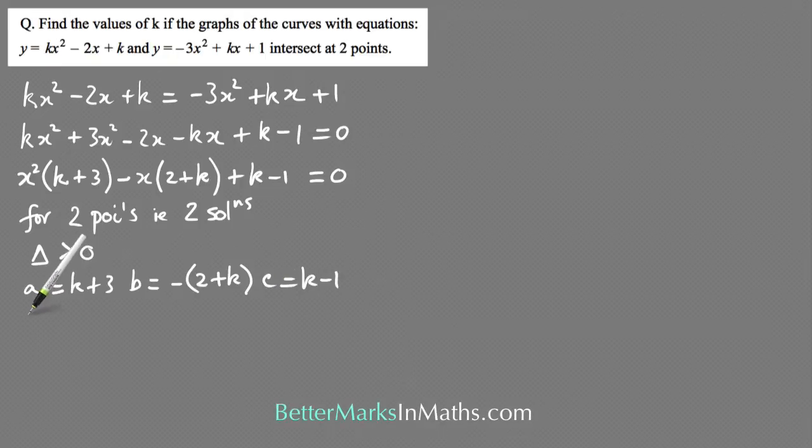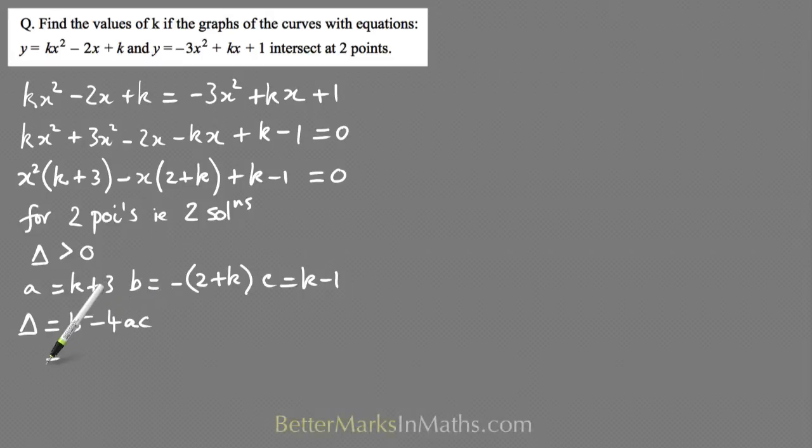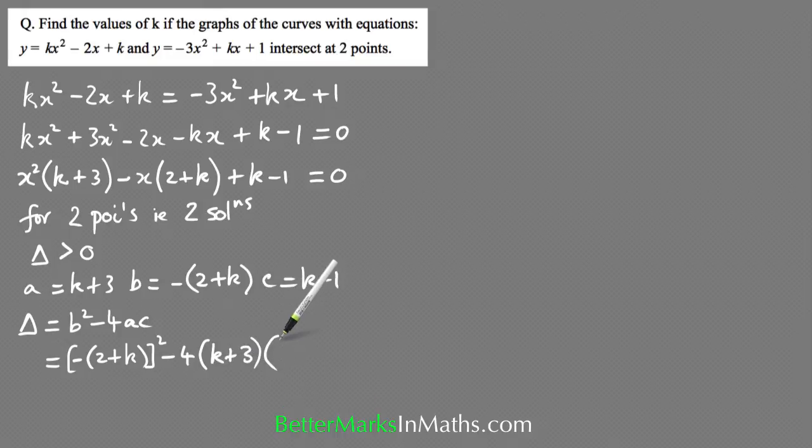And then working out the discriminant, so first of all just letting it equal b squared minus 4ac, and then subbing in the values. So when you square all of that, that minus squared will become a positive, so you can just square that. I'll put the step in for you and then show you. So it's really that in a big bracket squared minus 4 times a, which is k plus 3, and then bracket k minus 1. So again, that minus squared becomes a positive, and then squaring this, you get k squared plus 2 times that term, which gives you 4k, and then plus 2 squared, which is 4, and then minus